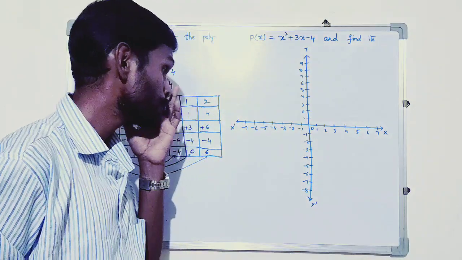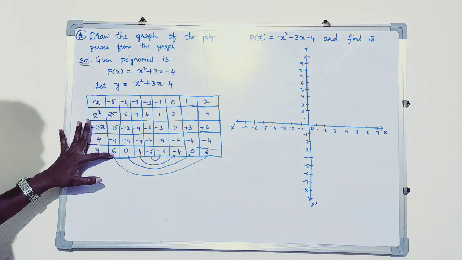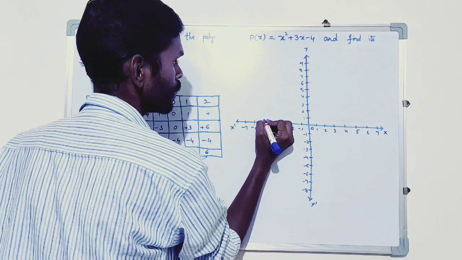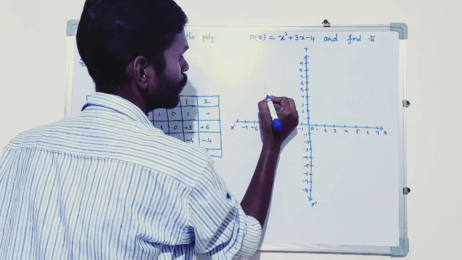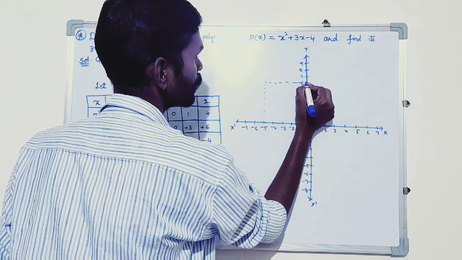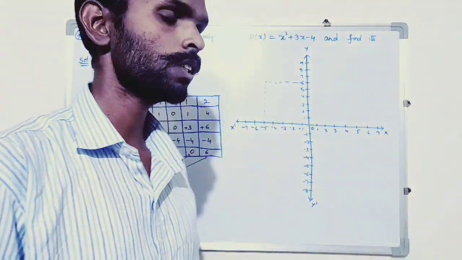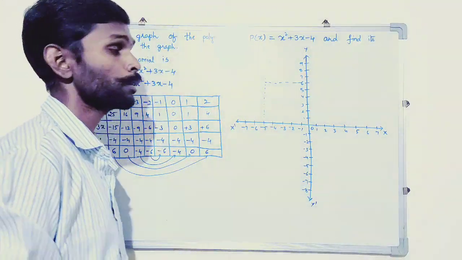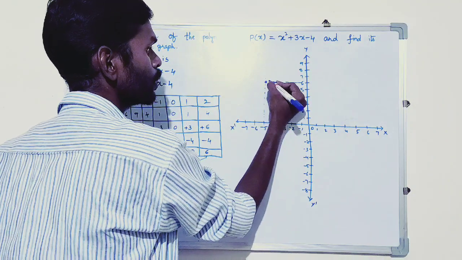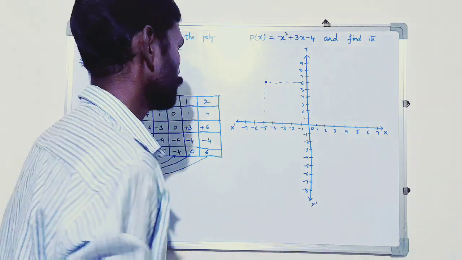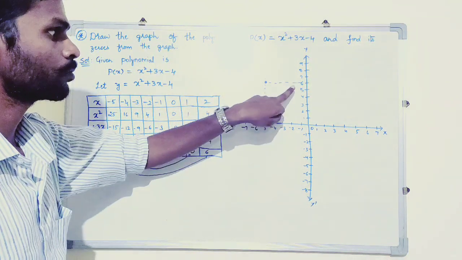Okay. Now you need to take the values. For x equal to minus 5, what is the value? It's 6. This is the x equal to minus 5 line, and this is y equal to 6. I am drawing a dotted line here. In your graph sheet, no need of drawing lines because lines are already available. For your understanding purpose, I am drawing a dotted line here. So these two will intersect at this point. So it is the point x equal to minus 5, y equal to 6.